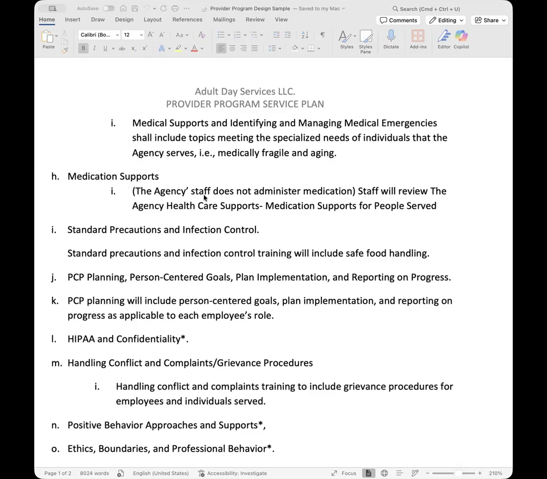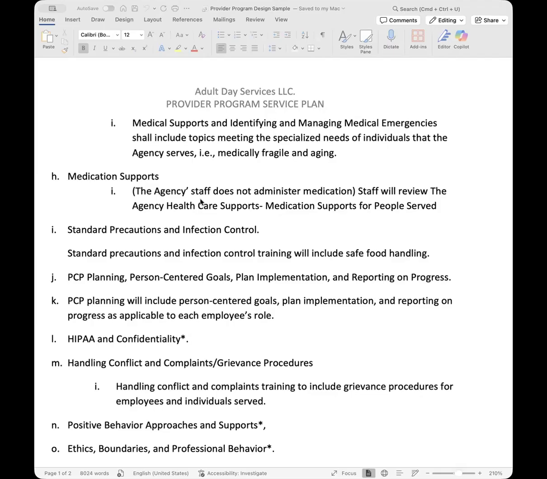So if you are somebody that's going to be administering medication, make sure your training supports your staff through that process. Make sure they're fully trained on what type of medications they're able to administer, who's going to be administering medication. Is it just the nurse? Is it the employees? What type of supports are your staff responsible to provide with somebody on medication? Or do they have access to those side effect sheets? Are they trained to identify those side effects?